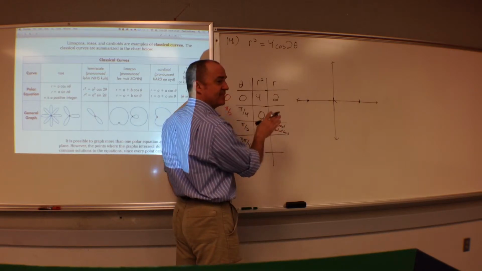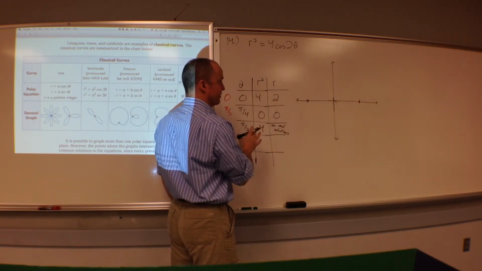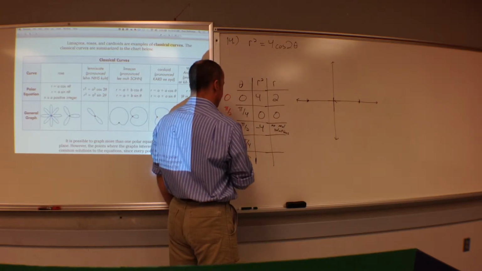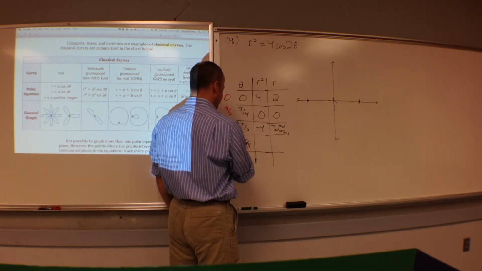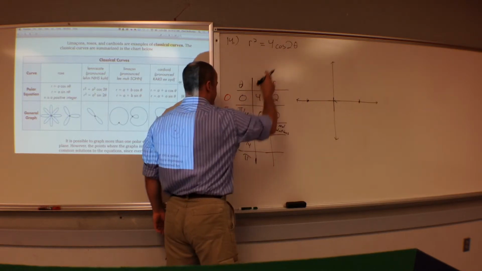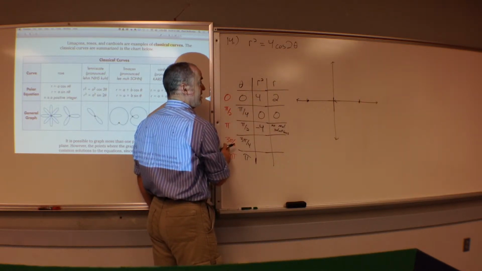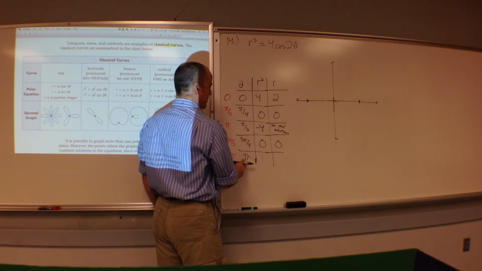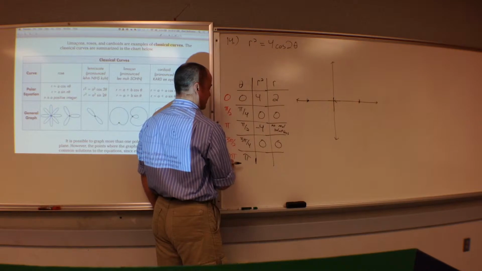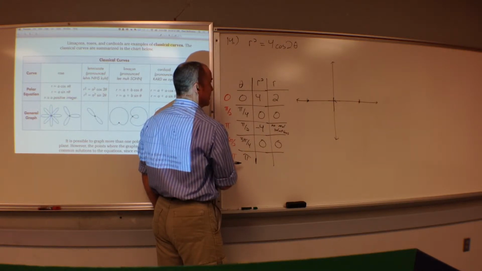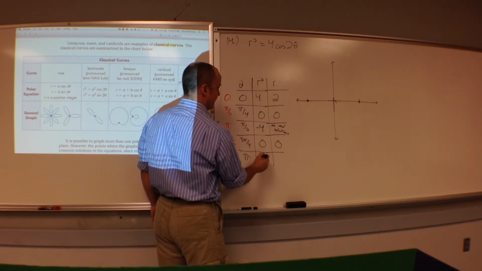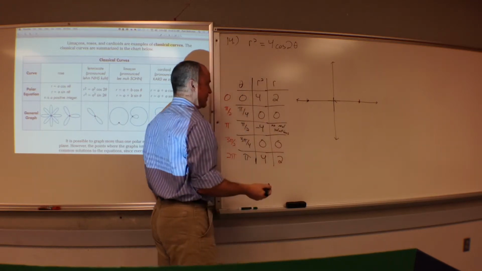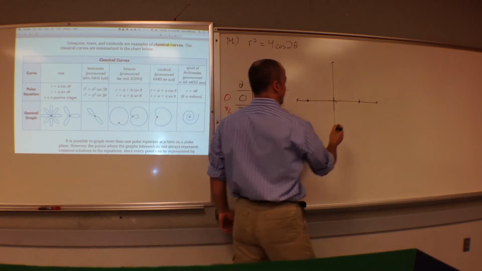So this thing stops existing in the real number plane when you get to 90 degrees. It's done. At 3 pi over 4, down here, that gets doubled. 3 pi over 2, 270. Cosine is again 0. And when we get out to plug in pi, it gets doubled to 2 pi. We once again get a cosine of 1. 4 times 1 is 4. Square root of 4 is 2. So this gives us a radius of 2